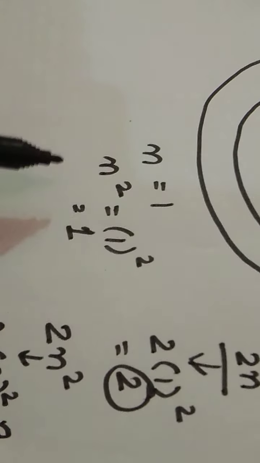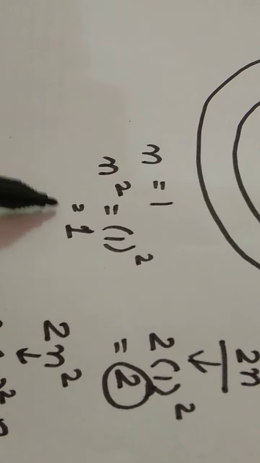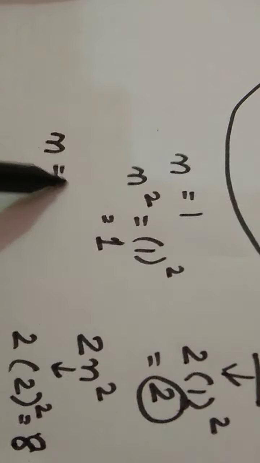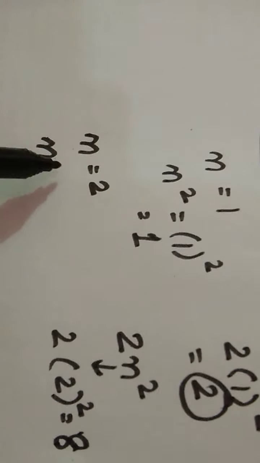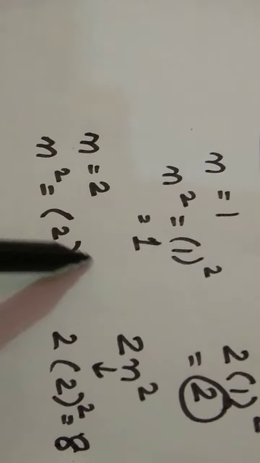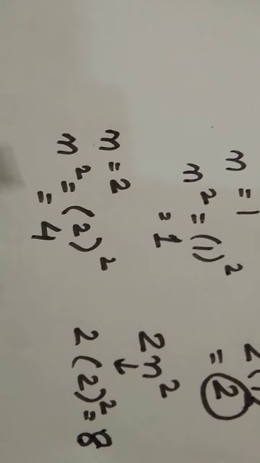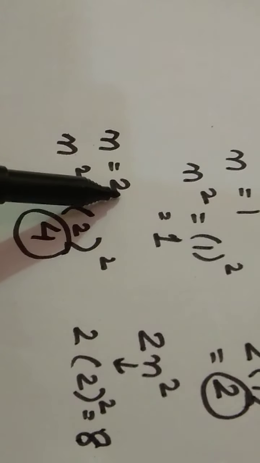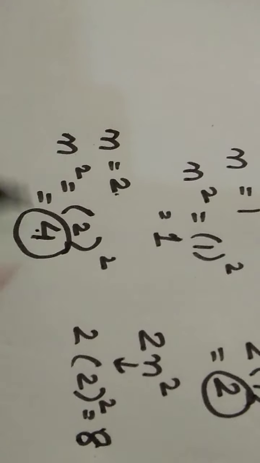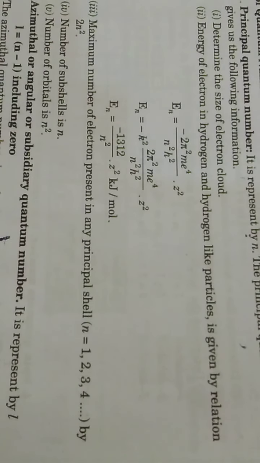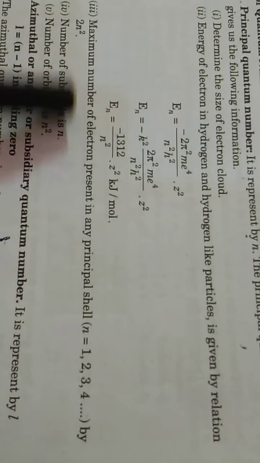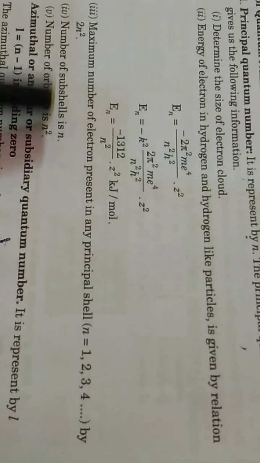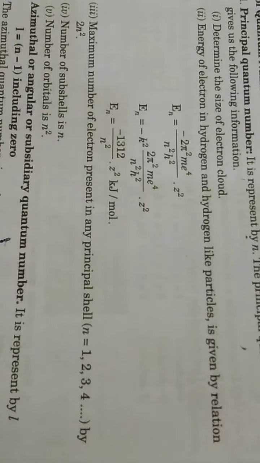Okay. So it is going to tell you the number of orbitals that are associated with any shell. In the same way, children, for the second shell where n is equal to 2, what is the number of orbitals? It will be 2 square, 2 2s are 4. So the number of orbitals for the shell where n is equal to 2 will be n square, that is 4. Okay, so these two formulas you have to learn, children. The maximum number of electrons that can be accommodated is 2n square, and the number of orbitals is n square. The number of subshells will be equal to n.